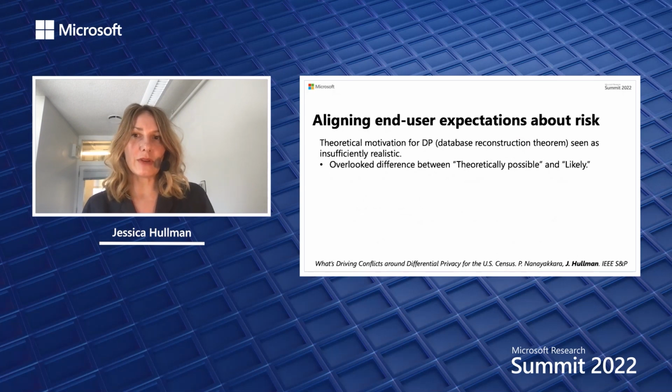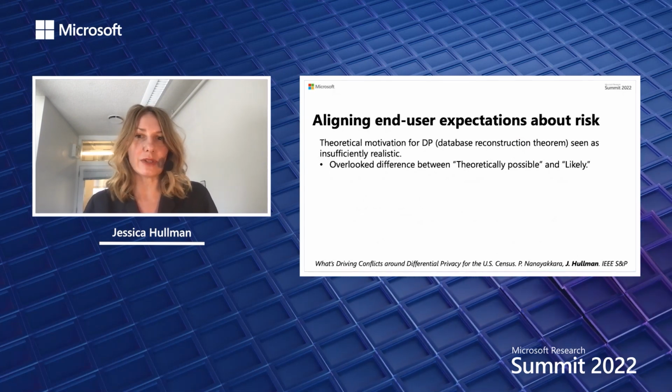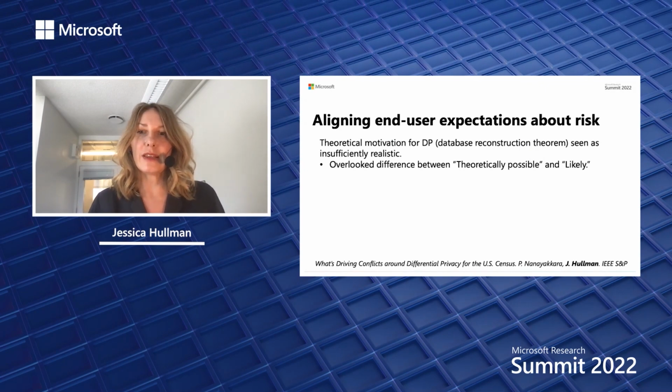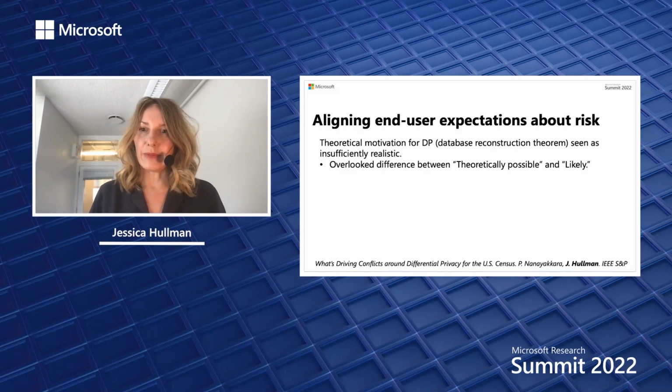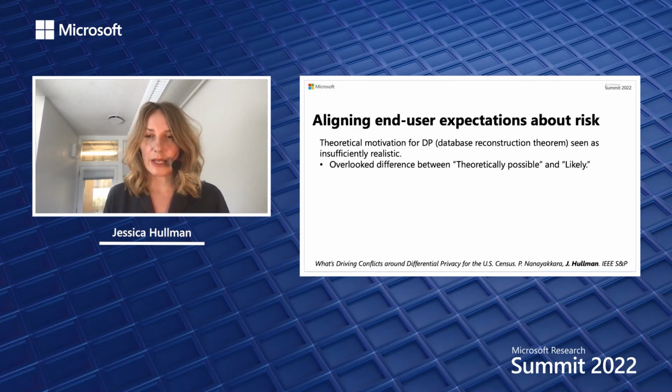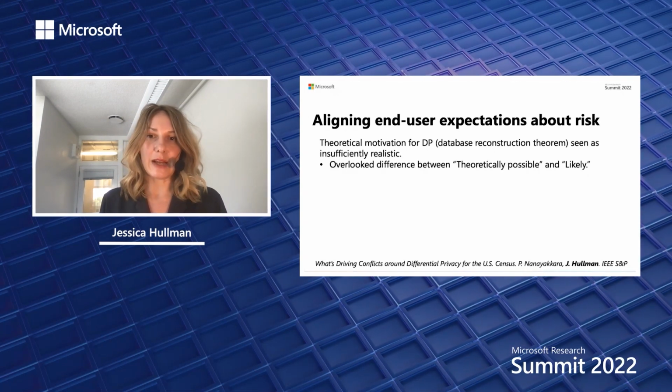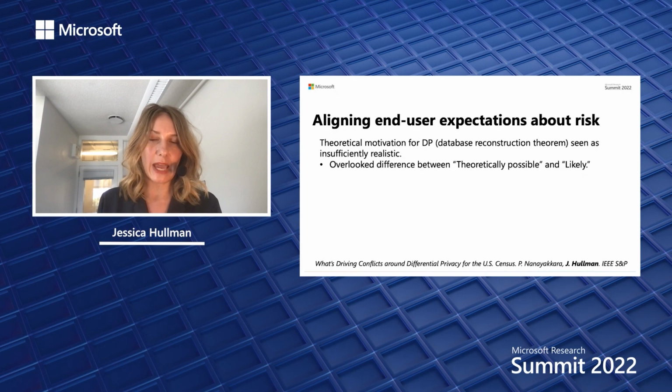These kinds of questions also get at a bigger source of misaligned expectations that users often bring to differential privacy, which is that they often care more about what is likely versus what is simply possible. For example, the use of differential privacy at the US Census, as much use of differential privacy is, was motivated by this idea of a database reconstruction attack that the Bureau conducted, in which they used publicly available tables to infer fully identifying information for a proportion of the population by starting with names and addresses from a proprietary database. The idea that the census had was that since this is theoretically possible, they had to protect against these kinds of attacks. However,